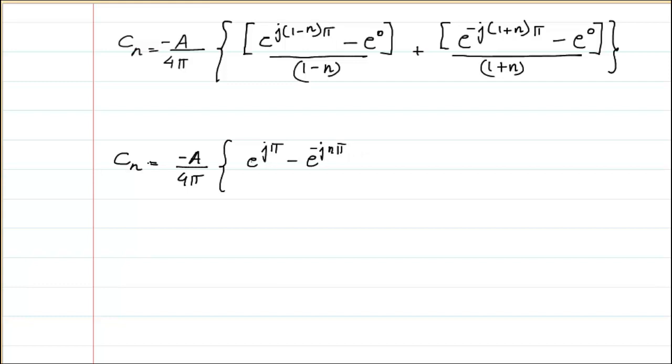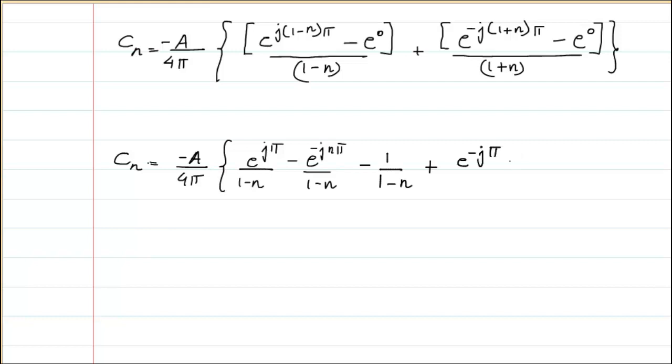This is all divided by 1 minus n. Let me draw that line correctly. Yeah, and this is going to be minus e raised to power 0, which is actually 1, divided by 1 minus n, plus then here I am going to have e raised to power minus j pi